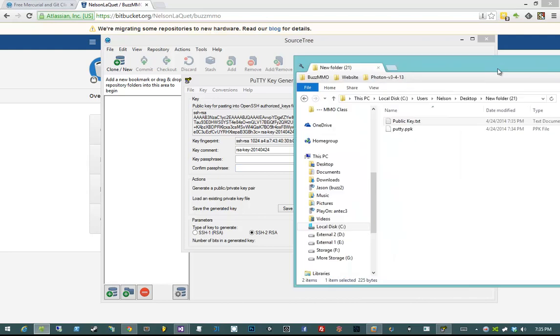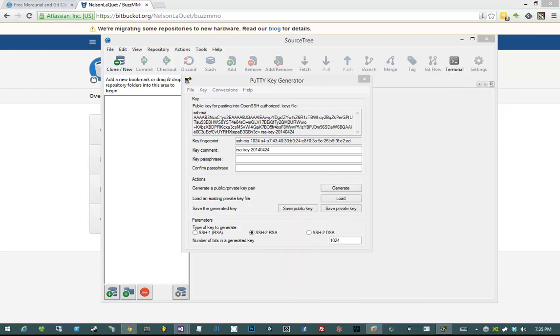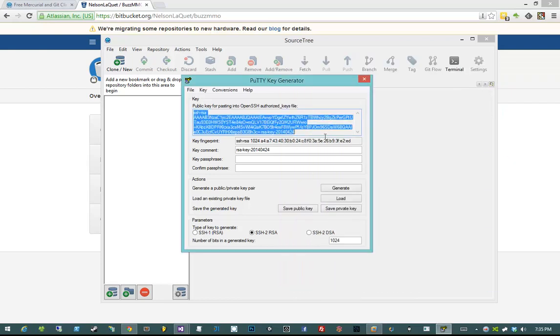So now that I have my public and private key generated, how do I tell Bitbucket that I'm going to be logging in with this private key? Because right now, I've generated a private key. Bitbucket doesn't know anything about it. It doesn't know that it's really coming from me, so I'm really still back at square one. To do that, I'm going to again copy this right here,